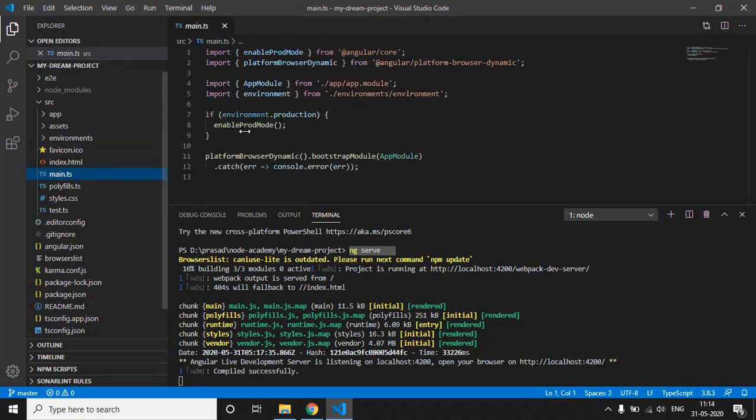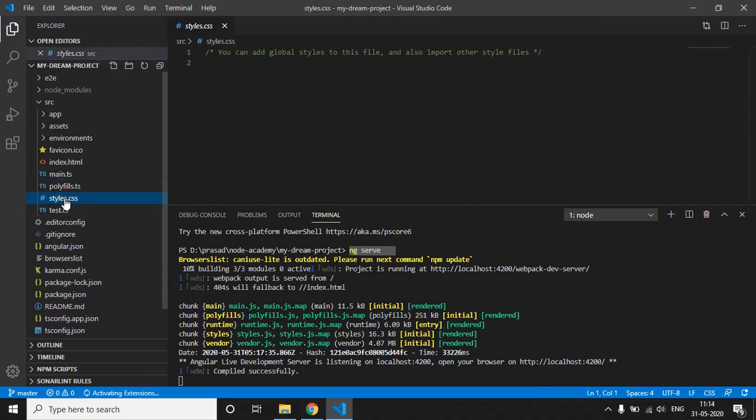Next we have the main.ts file. Guys, main.ts is the entry point of any Angular application. Every Angular application starts with this file only. The main.ts file has a method called platformBrowserDynamic. This method just creates a platform on the browser so that our Angular application can run on the browser. We have provided our entire app module to it so that our Angular application runs on the browser.